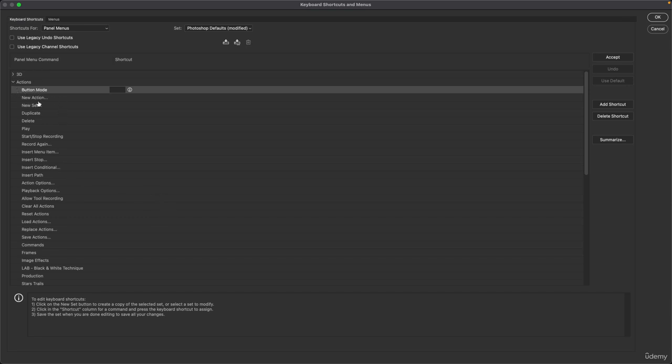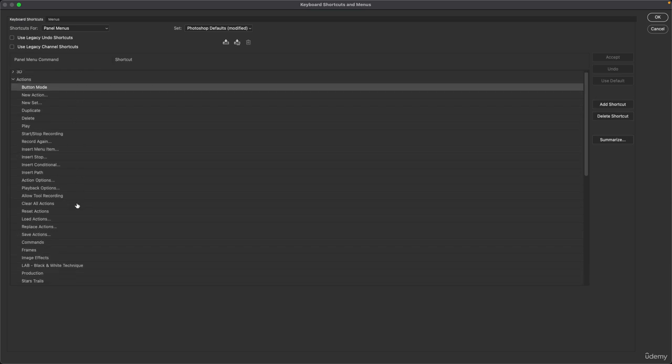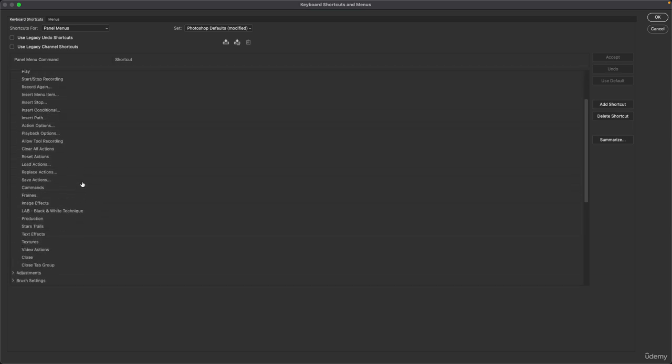command. So if I really wanted to get into this beyond anything that you could ever imagine, which I'm not going to do, I'm about to wrap this up, but I'll say this. If you really wanted to get into it, you could go into the Actions panel as an example and set keyboard shortcuts for,